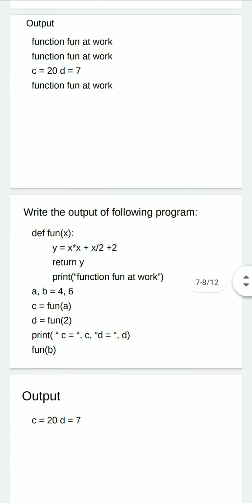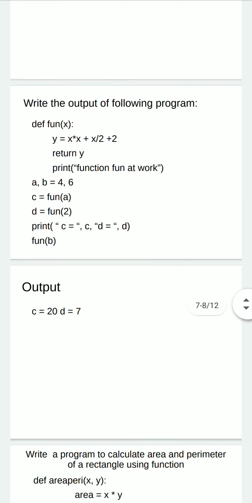In the next example, we have changed the sequence of the return statement and print statement. The rest of the program is the same, but the effect of this return statement will be that it will end the function. So the print statement after it will not be executed, and hence the output will change like this.